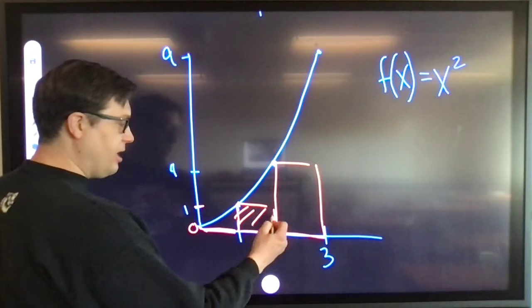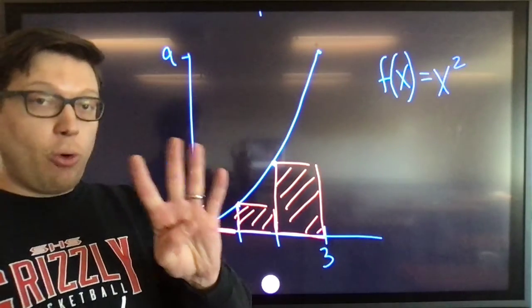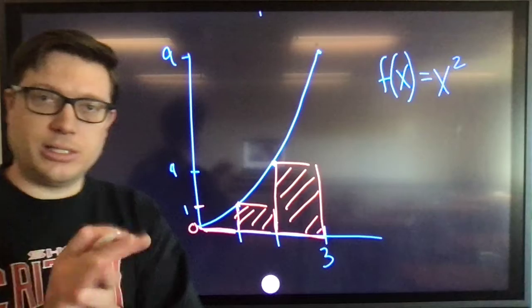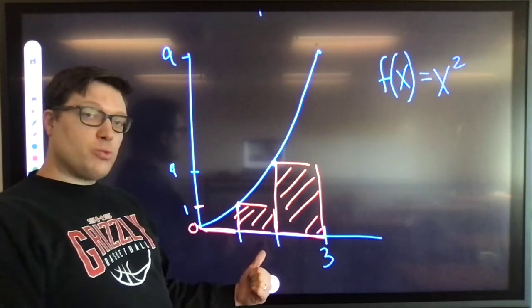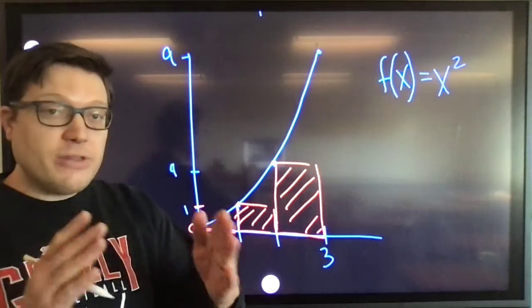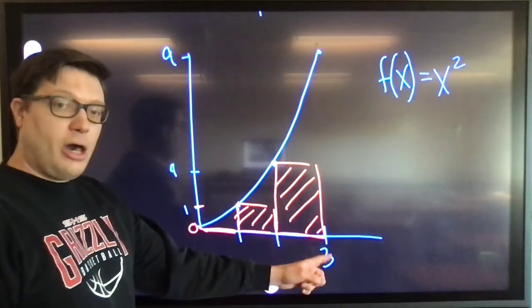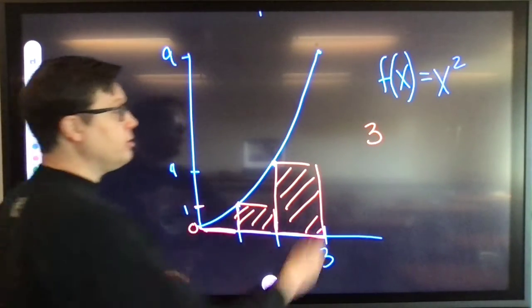So the area would be what I get from adding up those 3 rectangles. Okay, let's code that out. So the base of each of these rectangles is the length of the subinterval. To find the length of the subinterval, I take the upper bound and the lower bound